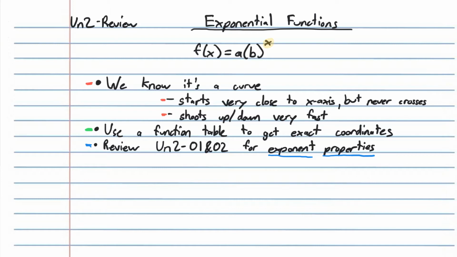Now what I want to do next is go through one question completely. Make a function table for it and draw the graph that goes with it. Okay, so we go ahead and scroll down. And this is the kind of thing that you would see on a quiz or a test, right? One question from beginning to end. Okay, so let's say the question is